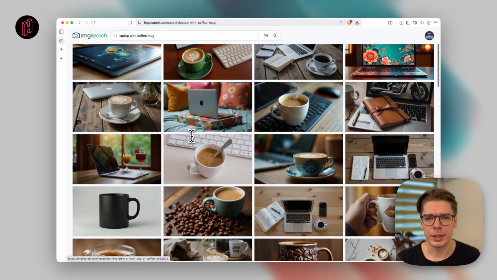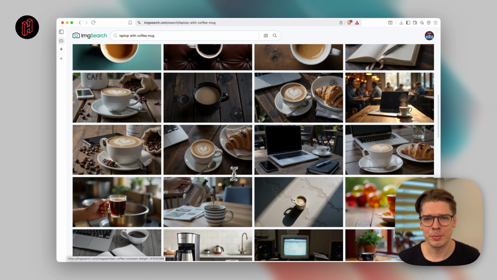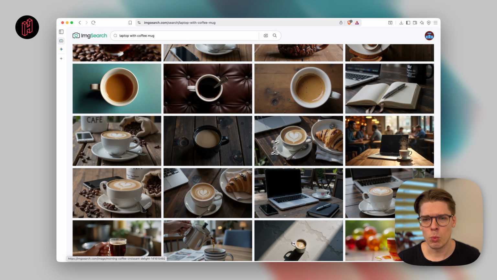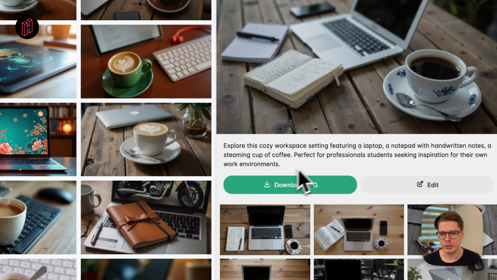All right, so we get some different options, and let's say we want a cappuccino in the picture, but we actually like the style and composition of this image, which has a black coffee. So what we do is we simply download it,